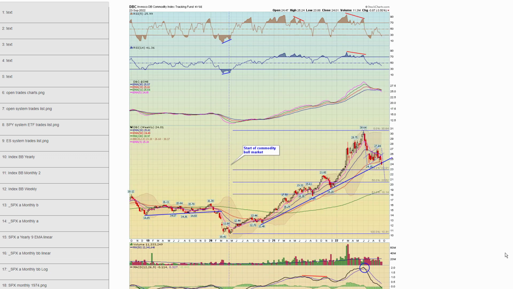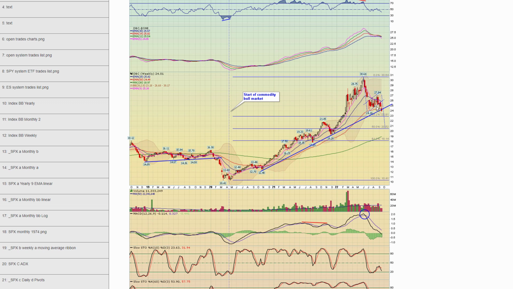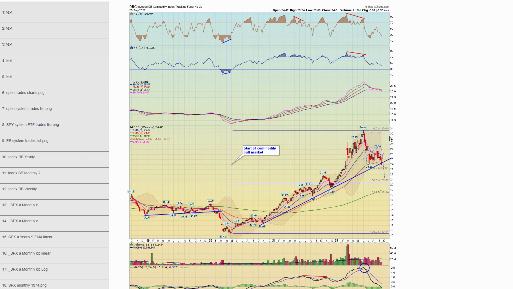Next, moving on to commodities, chart 67, DBC. So we talked about this being a possible bear flag the previous couple weeks. You can see that's playing out. Here I added an ABC target, which would be around the 50% fib. Remember, guys, in a bear market, everything eventually gets hit.